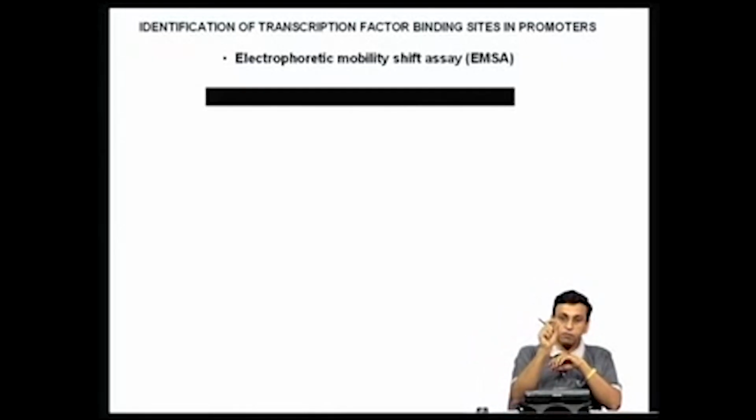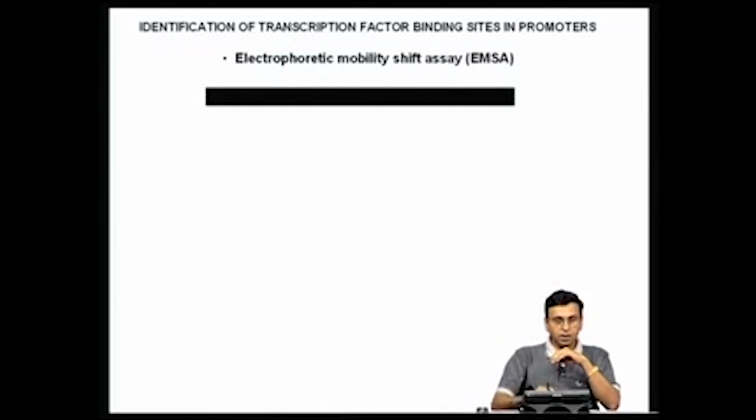So, once you identify these kinds of promoter regions which are important for the promoter activity, the next question is, how do you actually identify what kind of protein factors are going and binding to these promoter regions? Now there are many assays, many experimental techniques by which you can identify these transcription factor binding sites in the promoter as well as the transcription factors themselves. So let us now study one or two techniques which people routinely use to identify transcription factor binding sites in